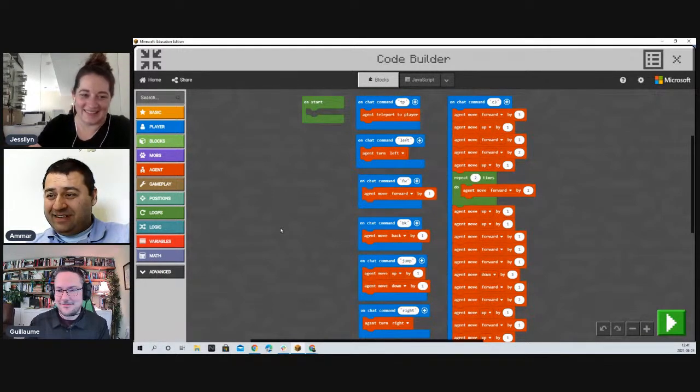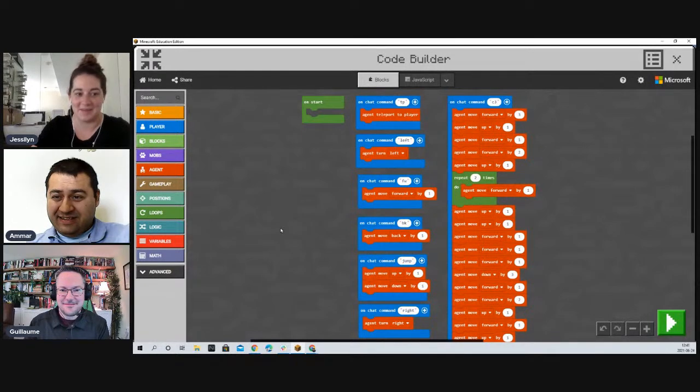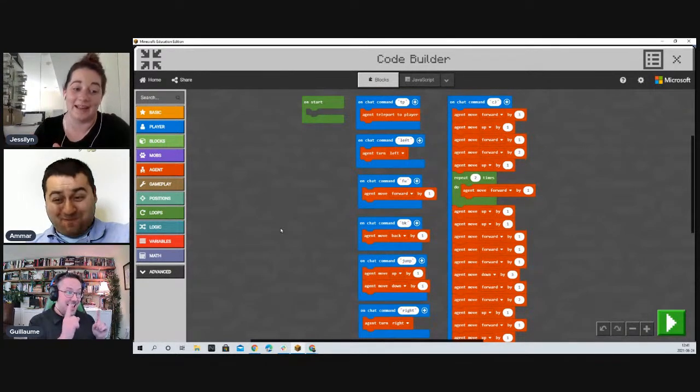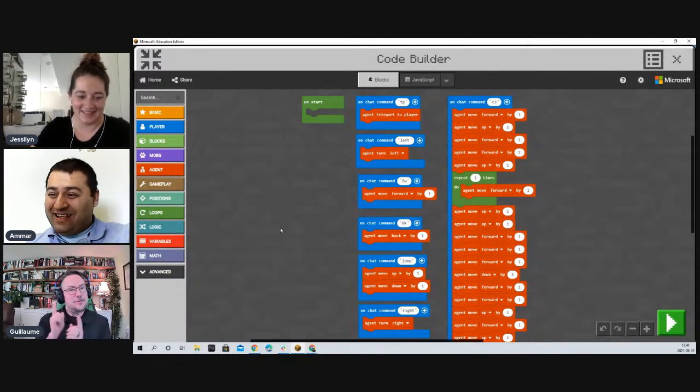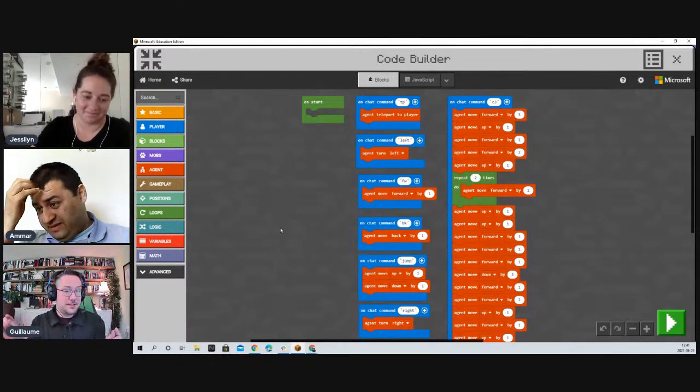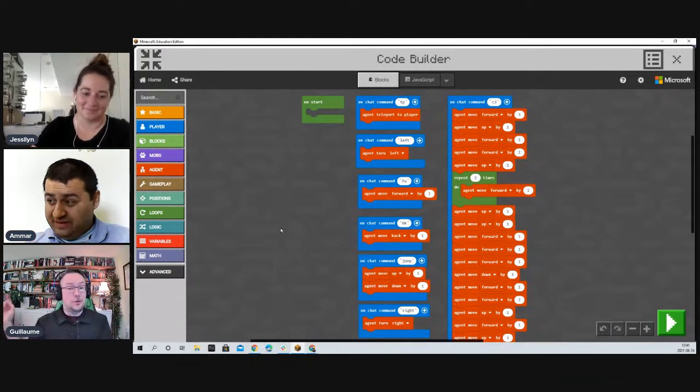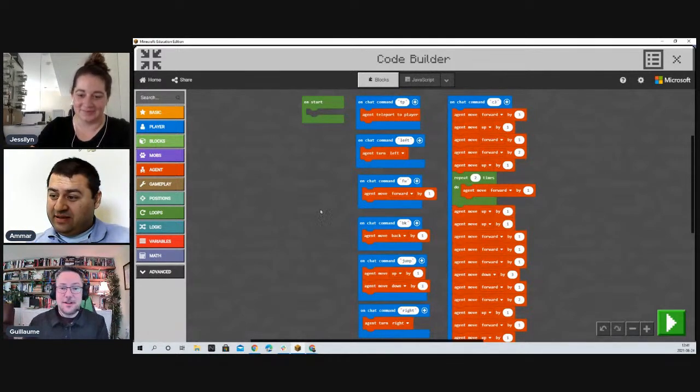Well, there's always one. We have one person who said just 1 block, use the TP command. That is kind of just skipping, but that is very close. But if you use the teleport command, it doesn't work because the agent needs to touch all 3 white plates before touching the golden plate at the end, right? But it's very close.